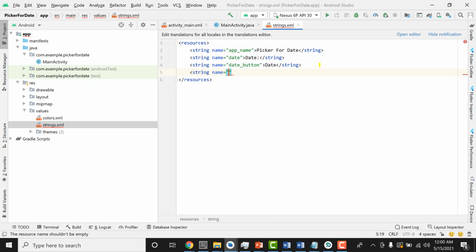And then we have another string, hello_world, and this time we are going to display "Hello World user date". And then we have a date_picker string, and the value will be "Date Picker". Okay, with that